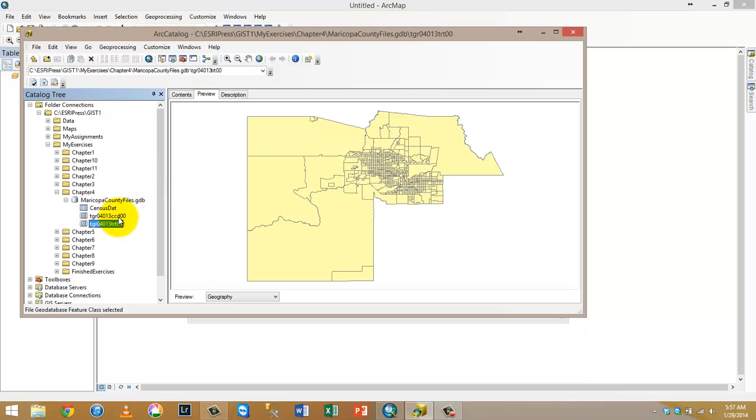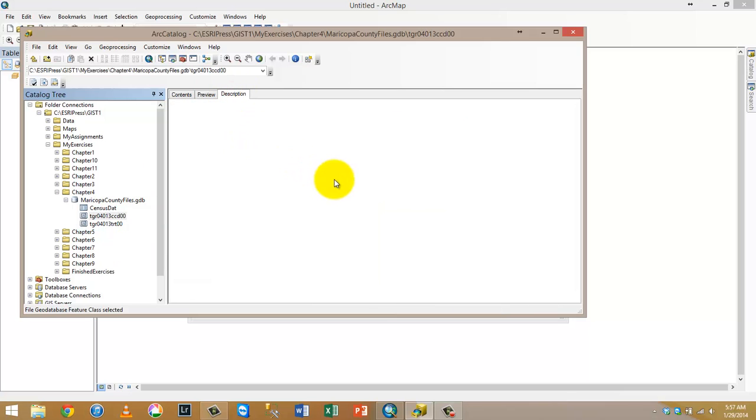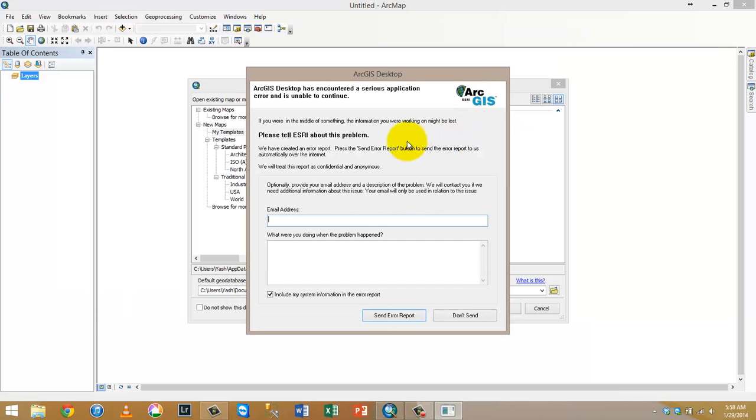So let's look at the tracks. It looks like this is, and you can go to the description tab and see that there is a description about